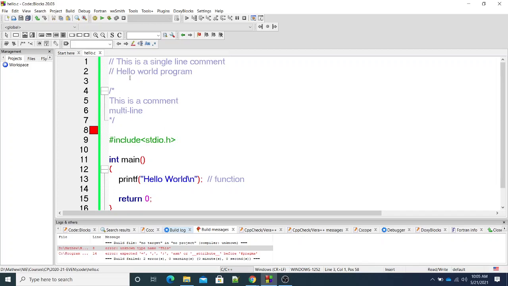Okay. Now this double slash allows me to write only single line comments. What if I want to write a paragraph about my program? A little complex program I have written, I want to explain it in a paragraph. In that case, what we can do is open with a slash star, write the comment, and end it with the star slash. So this also will be ignored by the compiler.